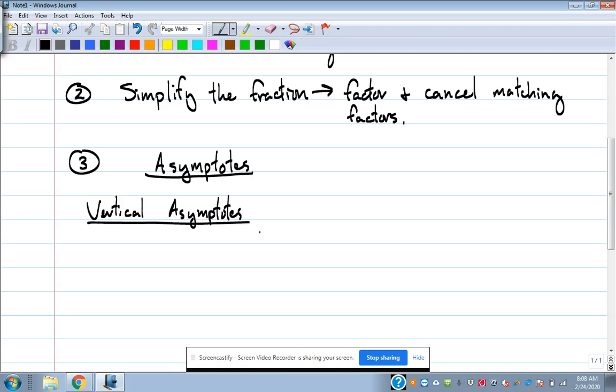Vertical asymptotes, once you've factored the denominator and got the domain, a lot of times your vertical asymptotes are going to be matching with the numbers that x cannot be. But you won't always have everything that's in the domain that's listed there. You've got to look at the simplified version of that. So for vertical asymptotes, we're going to set the denominator of the simplified version